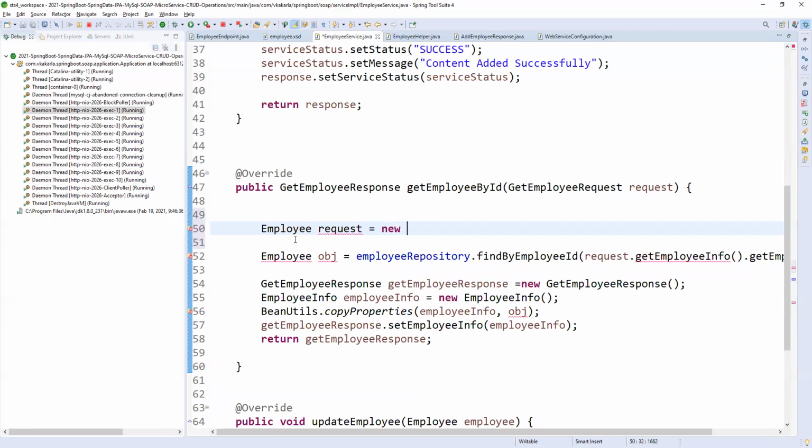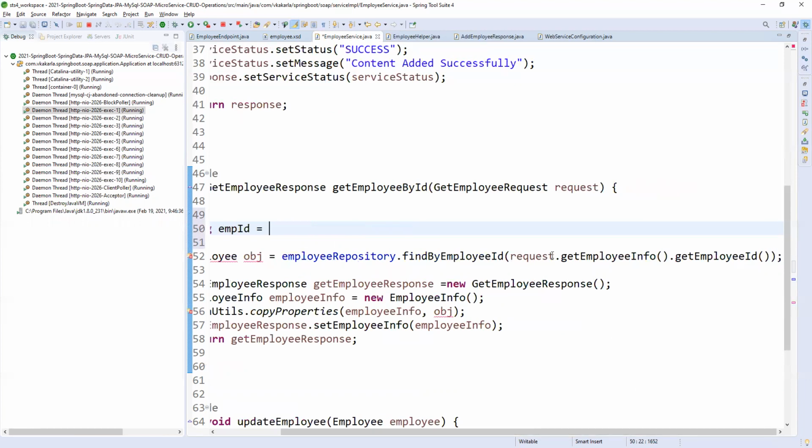You need to take the long value. I think it is not going in the correct way.